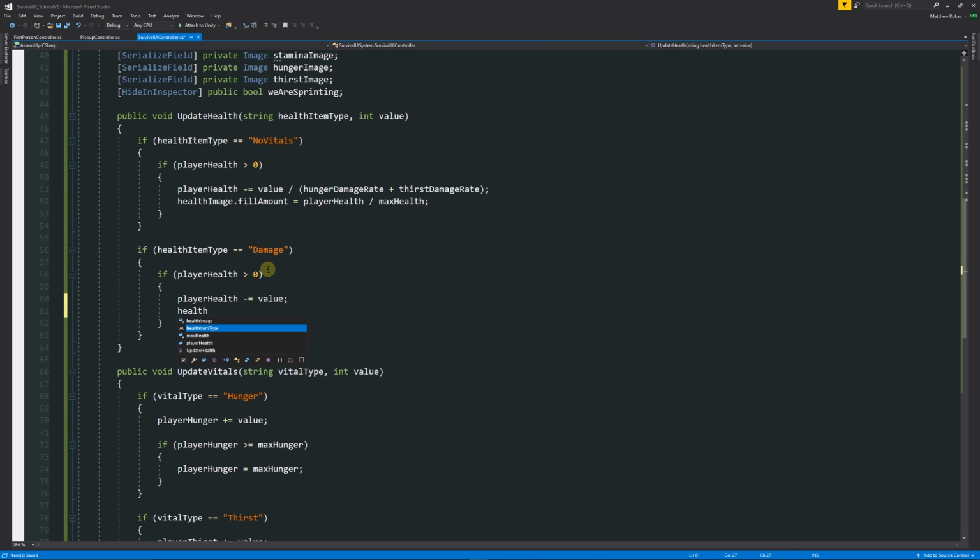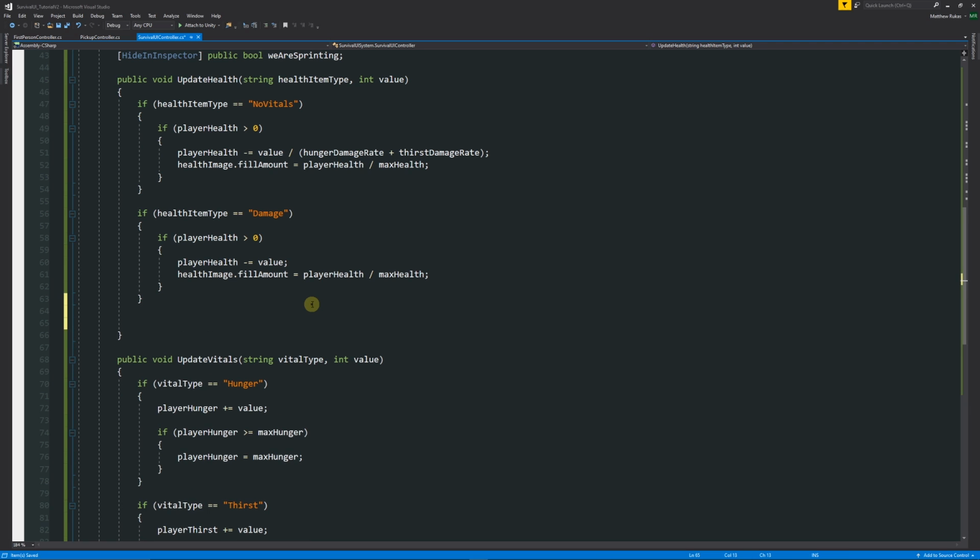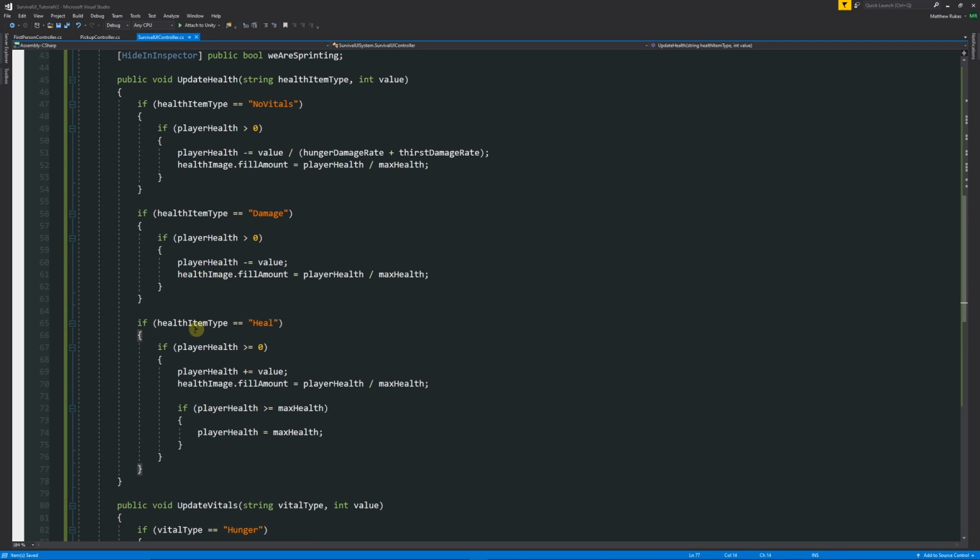And again, we can call this line of code, which is just the health image. We could specify that as being our own method in this case, and it would just stop us having to write this line, but we'll just leave it like so for now. And similarly below there, what we can also do is create another type, which is if the health is equal, so it's going to be a heal object, we'll check if the health is greater than or equal to 0. Then we'll say that the player health plus equals that,